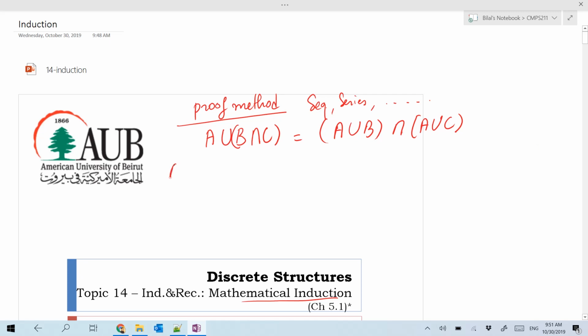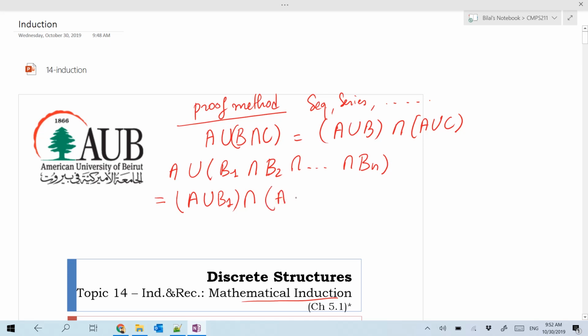More generally, if we have A union B1 intersect B2, intersect B3, and so on and so forth, intersect Bn, then this set is equal to A union the Bi's pairwise with their intersections. So I mean A union B1, A union B2, intersect, and so on and so forth, intersect